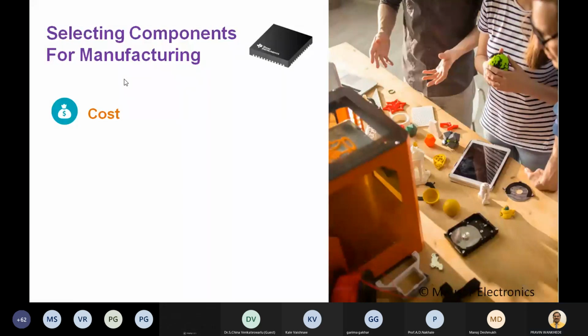Okay, another factor is the size. This is very important because the component size often decides the product size. And if you have already locked down what you are using for your charging circuit and your microcontroller, let me take an example of a simple IoT board. Say it has one controller and one charging unit, or power supply unit. Now you have already decided that this is my charging unit, or this is my power supply unit, and this is my controller unit.